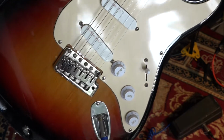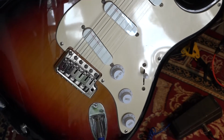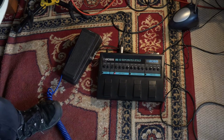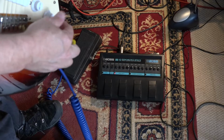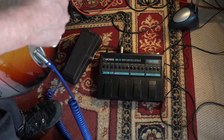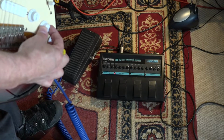Now, there's one other thing missing from this experiment, and that is to add some digital delay. Okay, so we've got the Boss BE5 multi-effects unit that I'd made a video about a little while ago, and the wah-wah pedal rocked back. And then here's the guitar, and you should be able to see our tone controls and our volume controls. The volume's up full, and I'm going to use the middle tone control, which is effective when this switch is having both pickups on. And if we just start to turn it,